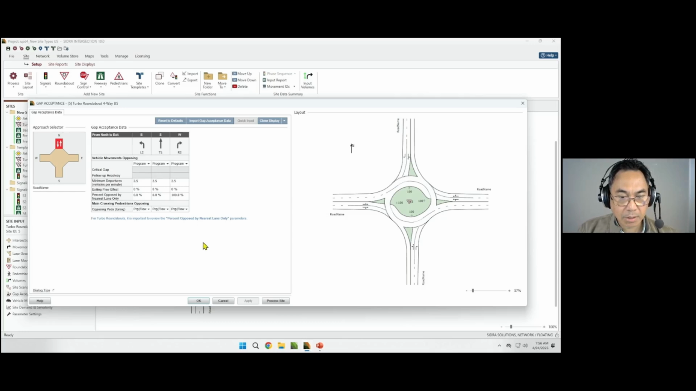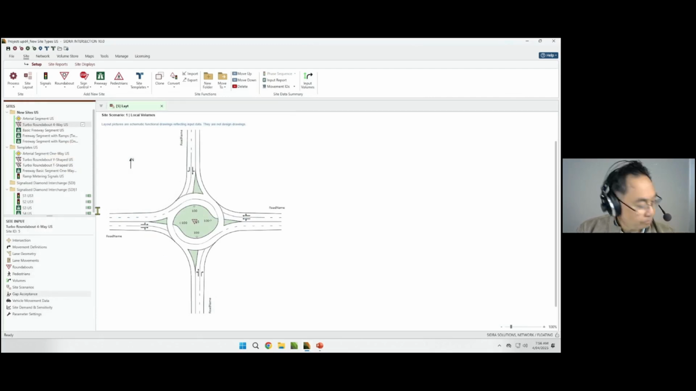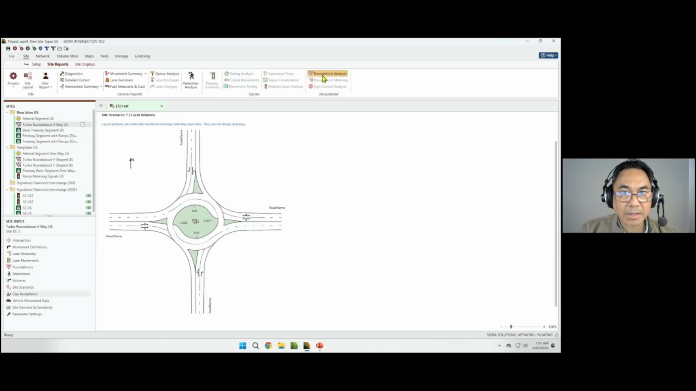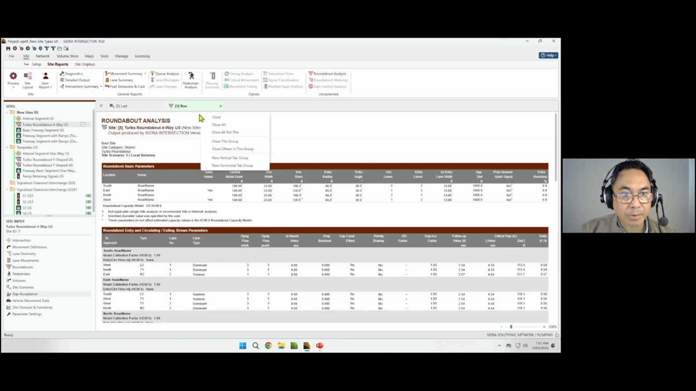However, in SIDRA 10, you now have the ability to prepare and display the turbo roundabout in graphical form. So here you can clearly communicate that this is a turbo roundabout rather than just an ordinary roundabout with particular parameters that have been configured. Now, if you process this turbo roundabout and look at the site report and roundabout analysis table report,